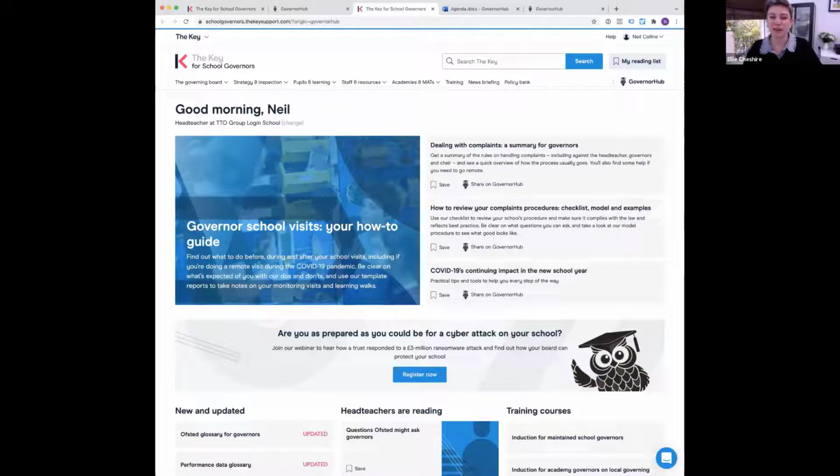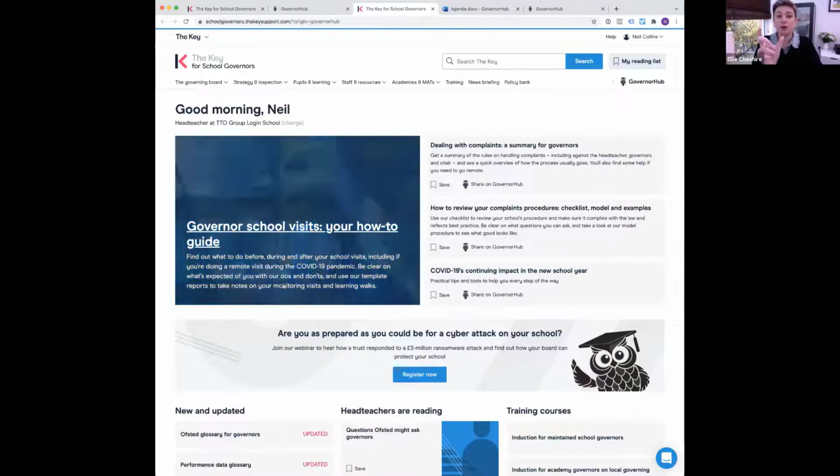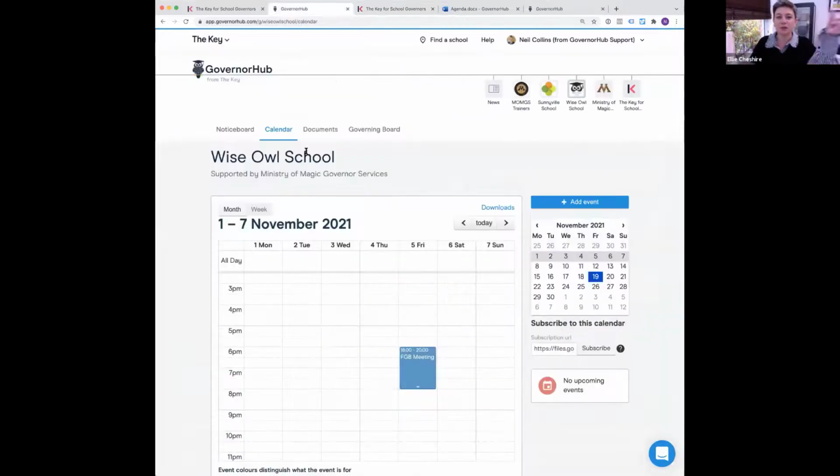I'll just say the way we use it in GovernorHub is you can either put documents in folders, or you can post links to those documents in other places.